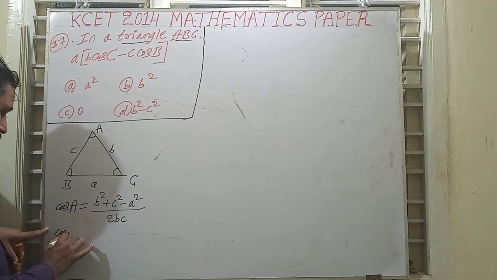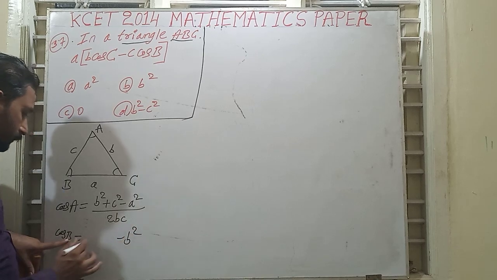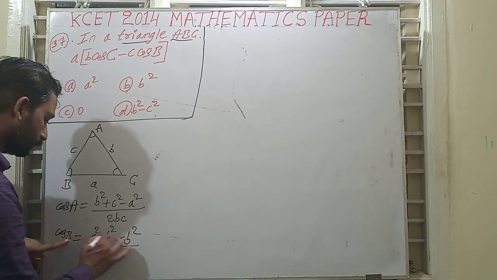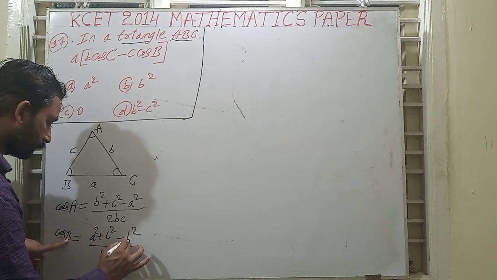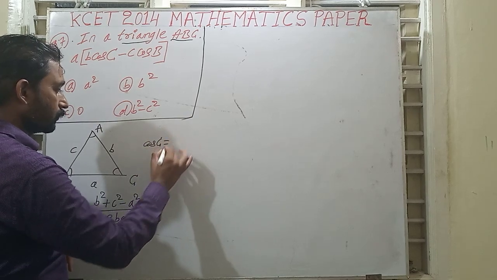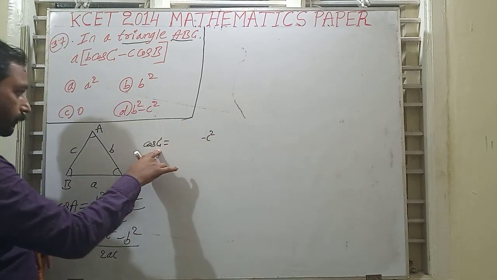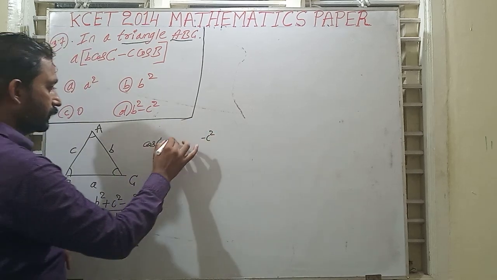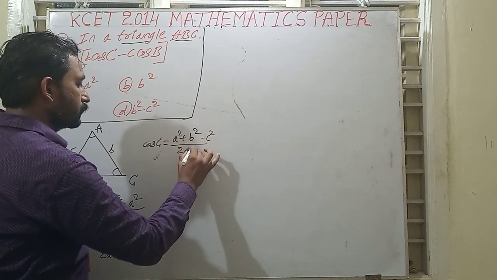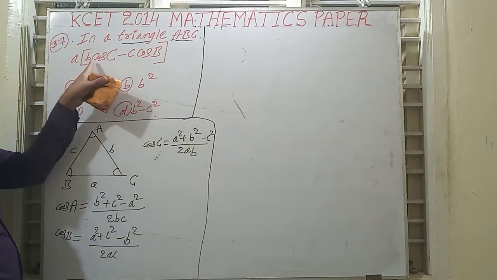So cos B is equal to minus b square, remaining a and c, a square plus c square, divided by 2ac. In the same way we can write cos C is equal to minus c square, remaining two sides a and b, a square plus b square, divided by 2ab. So using these cosine rules we have to find out the value of